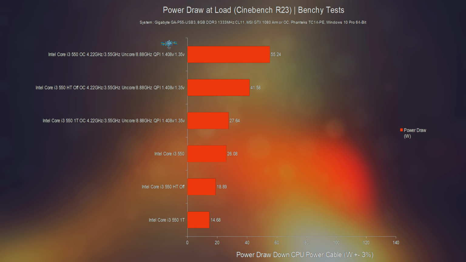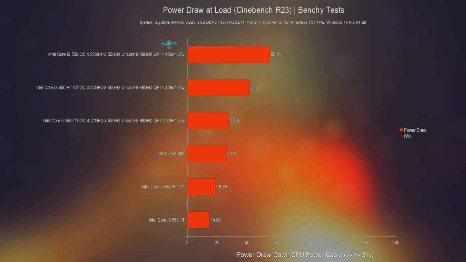And at stock, the i3 550 pulls 26.08 watts plus or minus 3% down the CPU power cable, which sees an increase of 111.81% over stock clocks to 55.24 watts plus or minus 3% with the overclock. Switching hyperthreading off sees a 27.57% reduction in power draw over stock clocks, down to 18.89 watts plus or minus 3%,